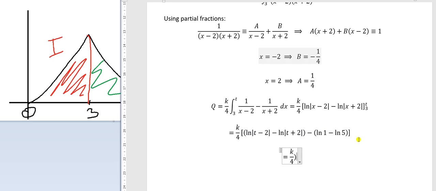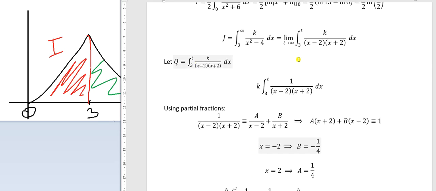k over 4 times, well, ln 1 will disappear completely, so that'll be gone because ln 1 is 0. ln of something, take away ln of something else, can be written as ln of the first something divided by the second something. And then we're still taking away negative ln 5, so we're adding ln 5, and we can incorporate that as well if we like by multiplying by 5. There we go. That looks relatively nice. Get rid of our brackets, make things look a bit nicer. This is q,